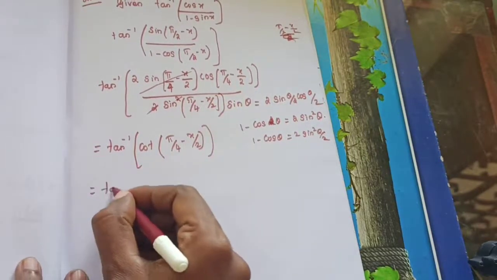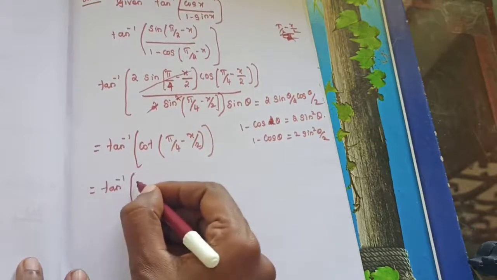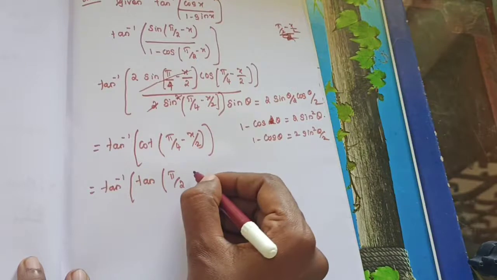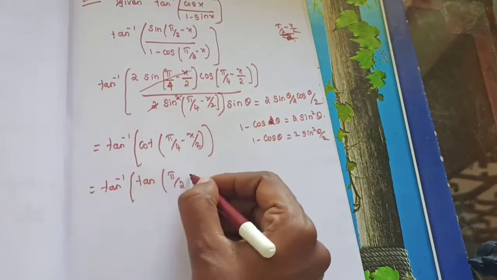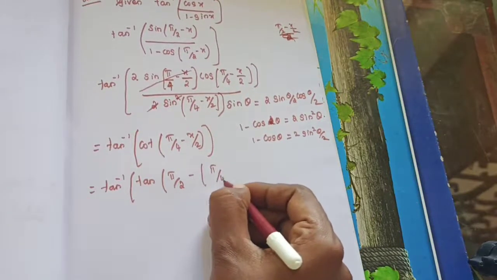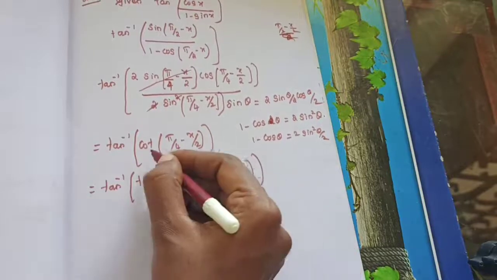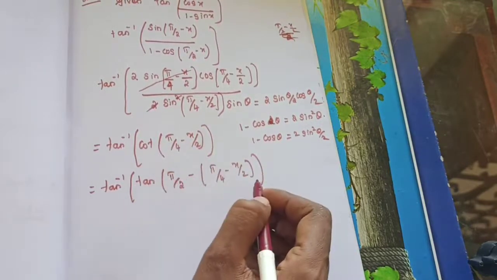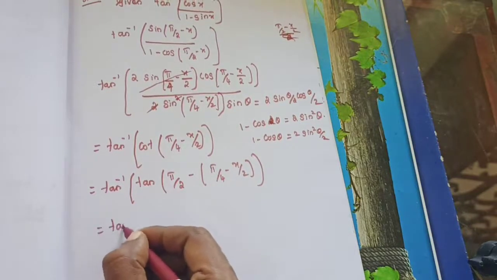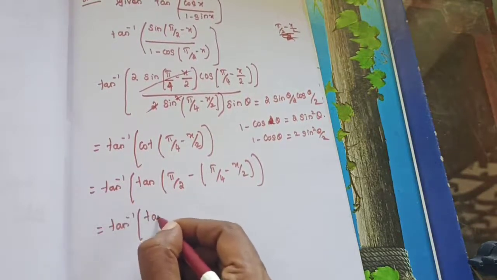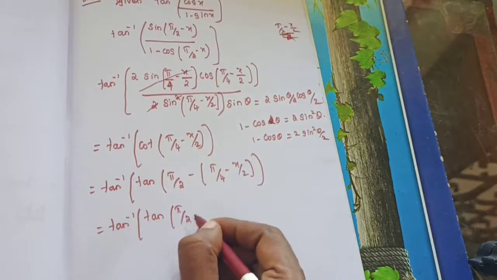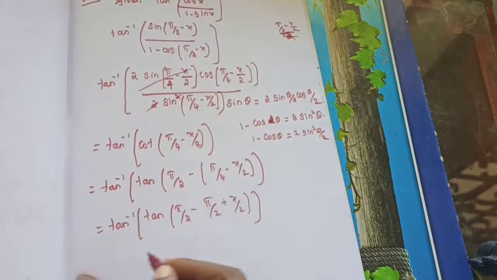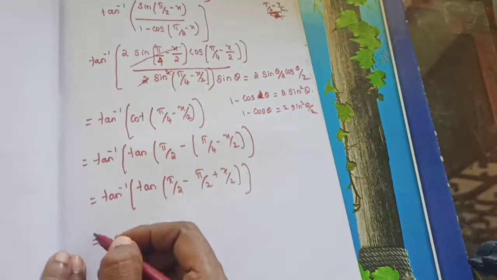So same as that, tan inverse of cot can be written as tan of 90 minus theta. Correct? Tan of 90 minus theta, cot theta. So pi by 2 minus pi by 4 minus x by 2. Cot can be written as tan of 90 minus theta. So that's equal to tan inverse of tan. Now bring this to inside. X by 2. So that's equal to